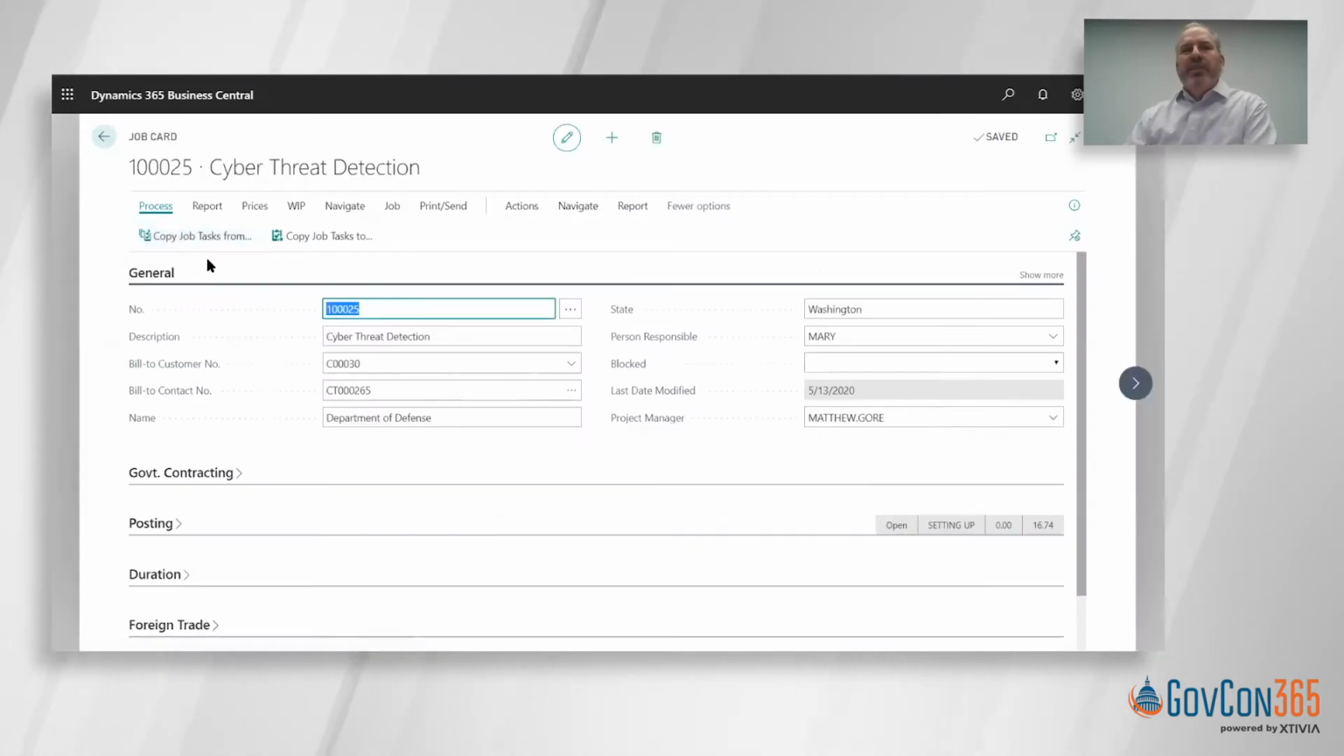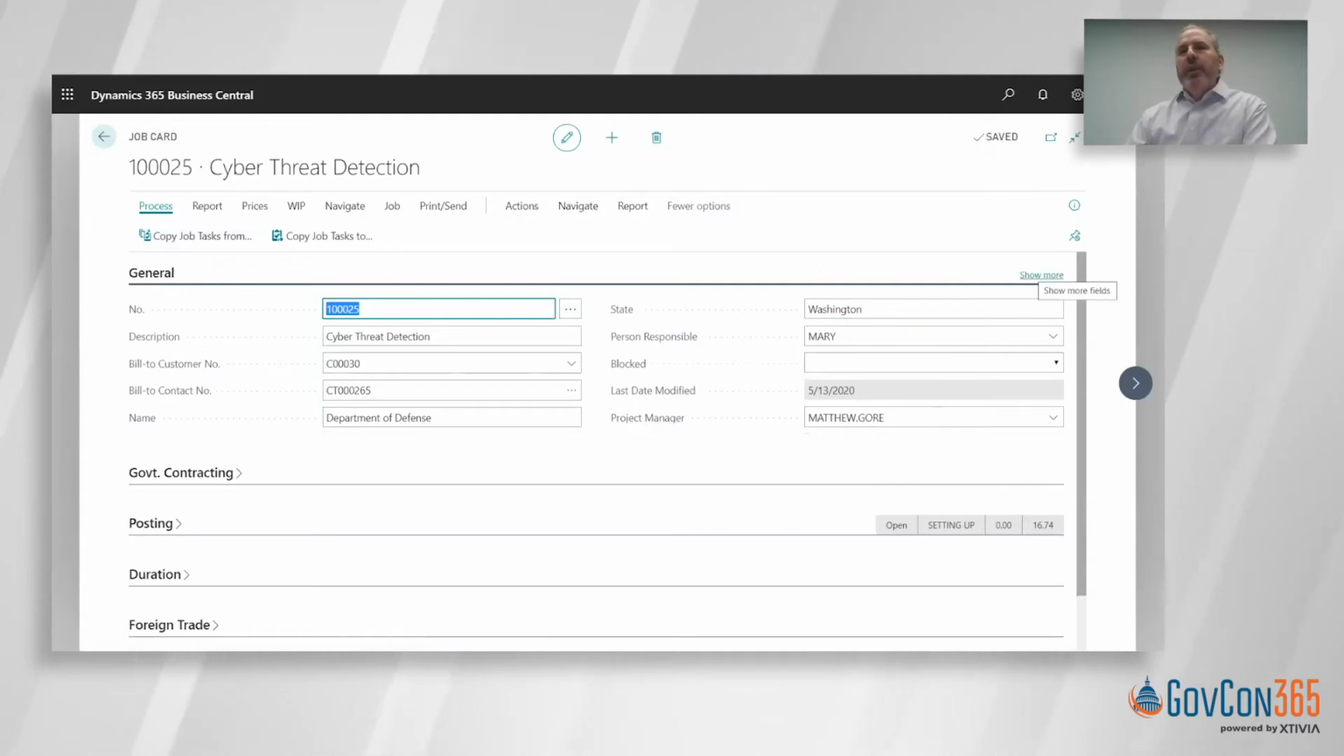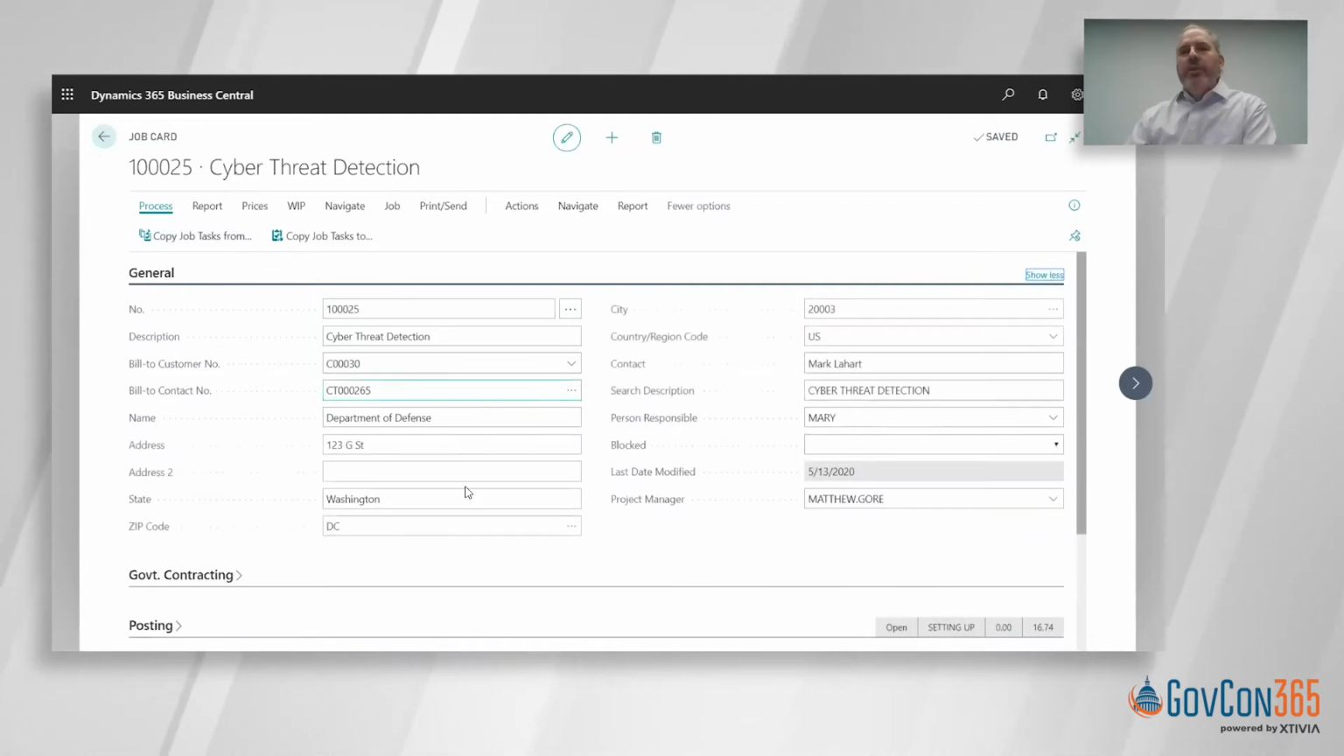Let's go ahead and open up that record, and we'll talk a little bit about setting up a cost plus fixed fee project. You've got tabs of information in the job. In this case, I've got some general data like the job number, the description, the client we're doing the work for, who is our internal project manager. If we wanted to see additional data, we can click the Show More tab, and it'll show us additional data,